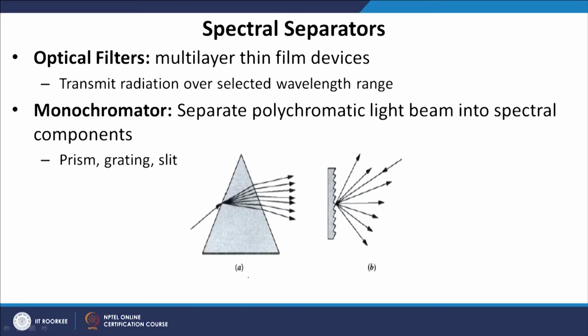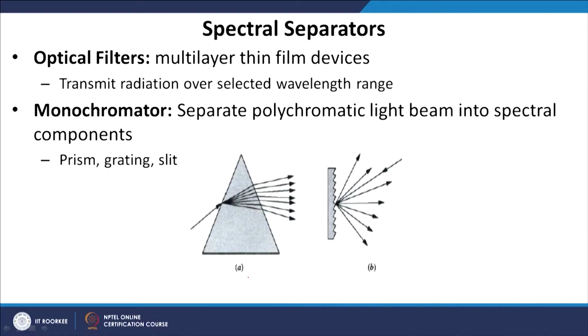So, whenever we need a black body source in our experiment, these types of sources are available in the market. Then we need to use a monochromator. That means, if we are using a polychromatic source, many times we need to split the radiation, the polychromatic radiation, into its constituents, that means into different wavelengths.